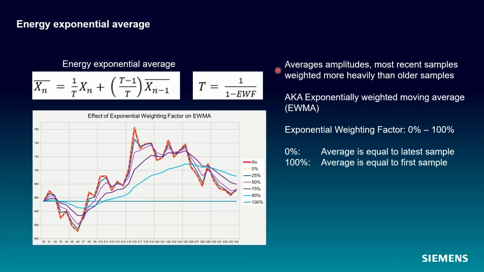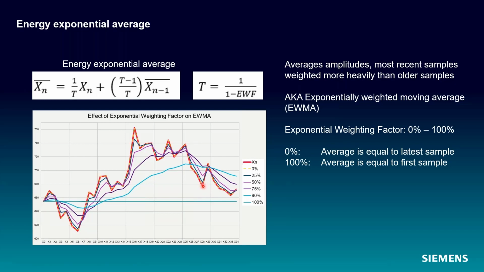And to sort of break this down, you see this data that we just looked at where it's kind of going up and down. And I've plotted, the function is in red, and then I have an exponential weighting factor of 0 all the way up to 100. And you see if I do 0%, that's essentially saying I want you to give 0 weighting to pre-existing data. Okay, so the red and the 0% are exactly line on line. It looks at the new piece of data and says, that's my 0% exponentially weighted energy average. As each data point comes in, it becomes the new 0% weighted average.